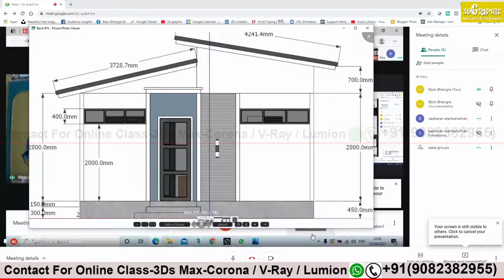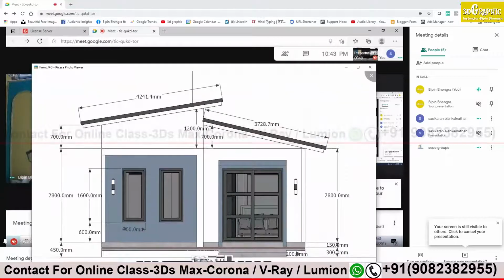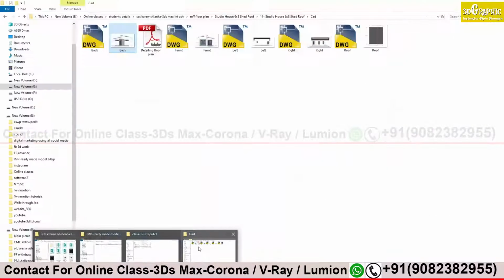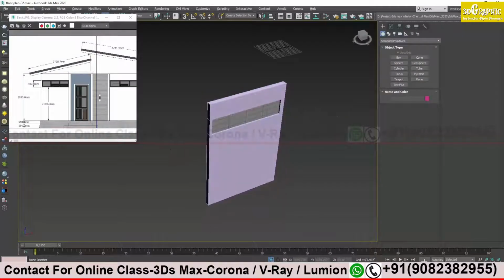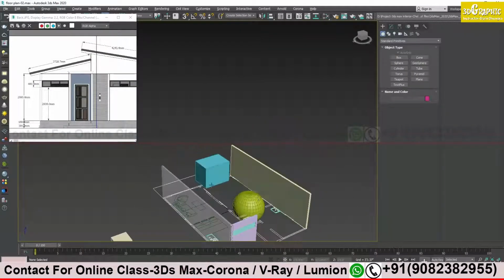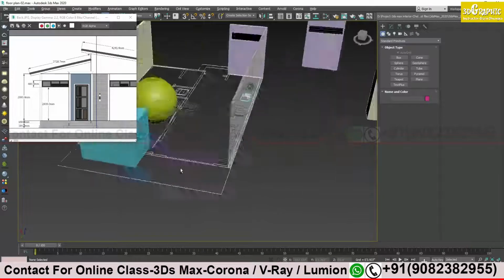Right now I will show you the door. It's similar, same thing, but a little bit different about the overall outer area. And I will show you this one right now. And you see that this was the back portion, no? If I can see my CAD file and Max. Let me come to 3ds Max. You see, right now we created the front portion, no? Front door. This is okay. If you turn back the back